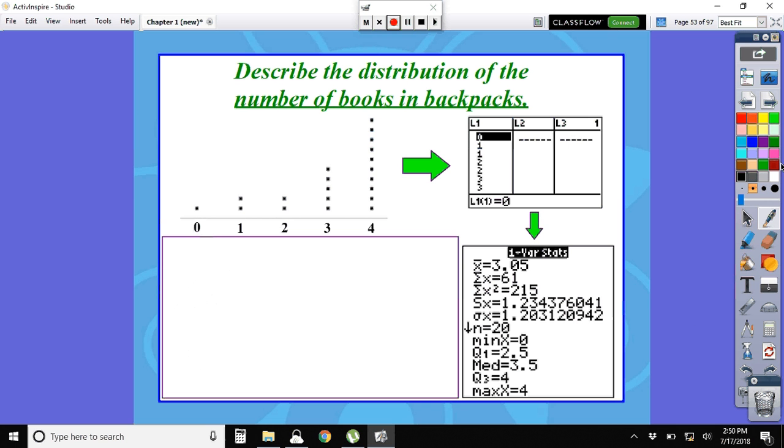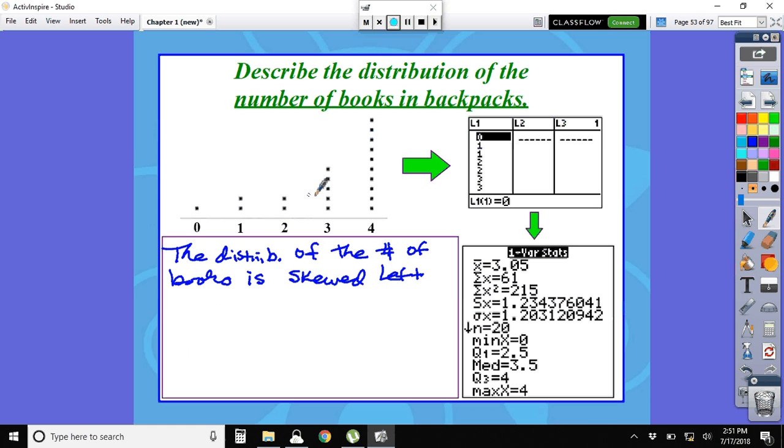So I would first start off by saying, let's grab blue here for instance. If I was asked to describe the distribution, I would say the distribution, and I'll do some abbreviating in here, the distribution of what? Of the number of books. I have to describe exactly the context here, what the distribution I'm describing is of: the number of books, I'll skip over in backpacks just for time's sake here, is skewed left. And I could even probably throw in there strongly skewed left if I really wanted to, but skewed left is good enough. So it's skewed left